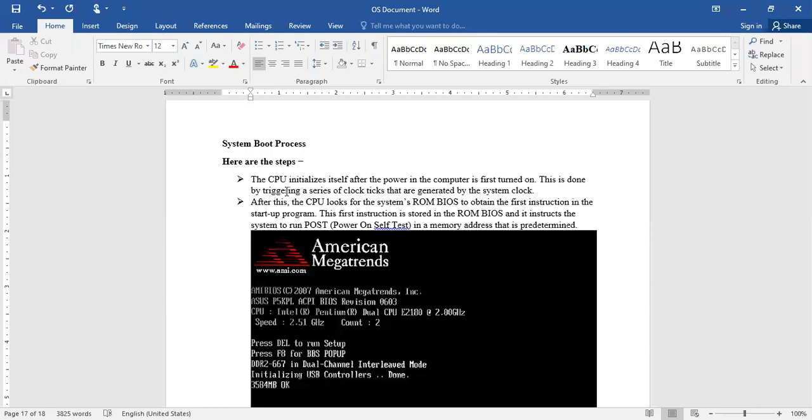That means it starts on its own. We have a system clock which continuously generates the clock pulses. Based on that, it is going to be initialized.